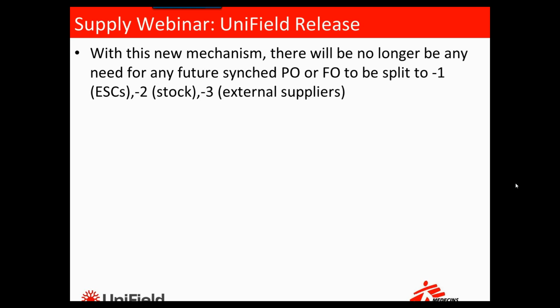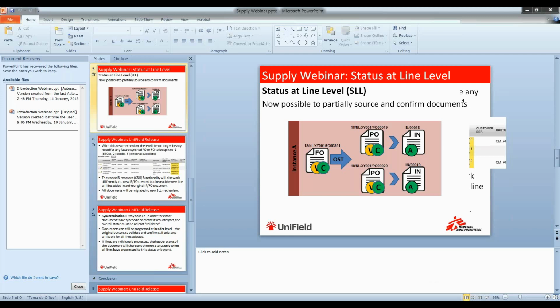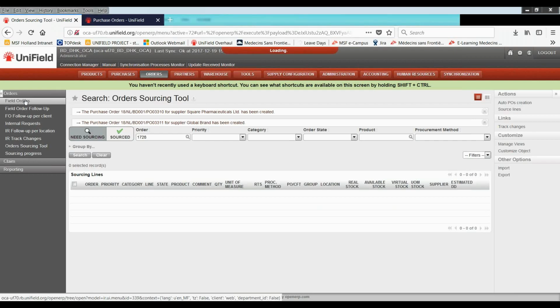That is not going to be there anymore. So you will just have your PO as is. So let's have a look. Your field orders are just going to be